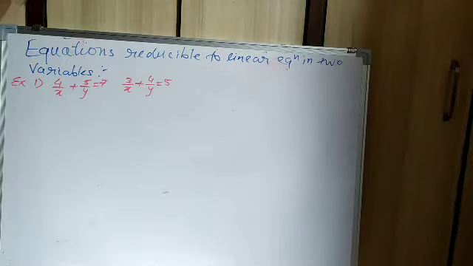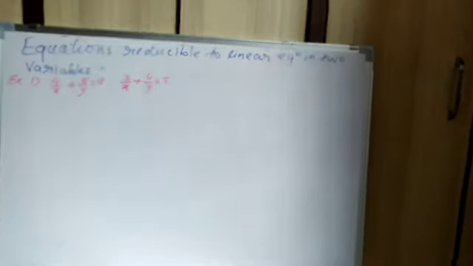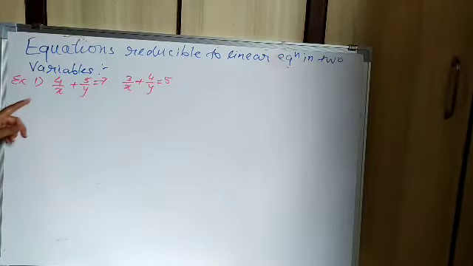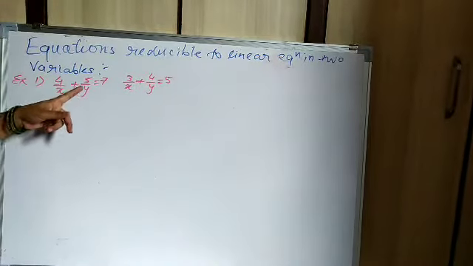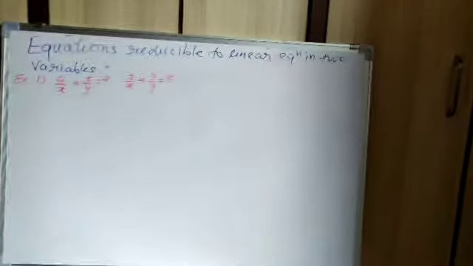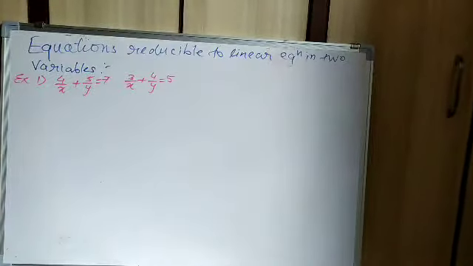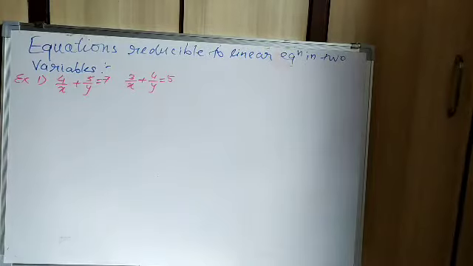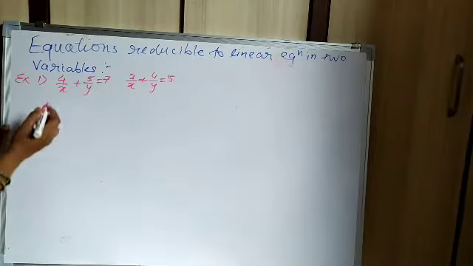Now you will go for the next topic, equations reducible to linear equations in two variables. For example, 4 upon x plus 5 upon y is equal to 7, and 3 upon x plus 4 upon y is equal to 5. Such type of equations can be solved by reducing them to a linear equation in two variables by substituting the